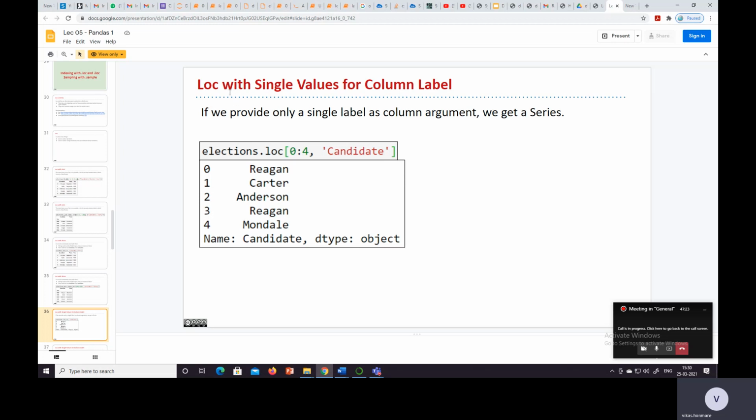Now, loc with a single value for column label. If we provide only a single label as a column argument, we get a series. Whenever we provide the first argument as rows, different rows, and the second argument as a single label, then we get a series.